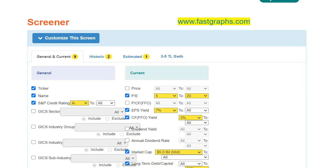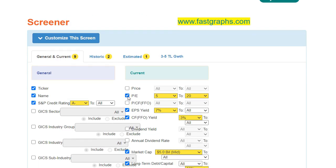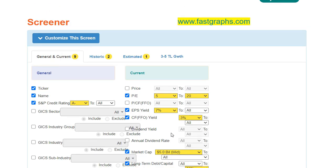If you remember from far back, I am using this FastGraph software, and I'm still using this on a daily basis, even though I haven't been showing it too much in the videos. But in here, I can build a screener. I should say that I'm not affiliated with FastGraphs. They're not interested in that sort of deals. That is okay, but I do recommend the software anyway. This is the paid version, the expensive version, you could say. It's actually not that expensive, but it is the highest price they have, because then I get access to the